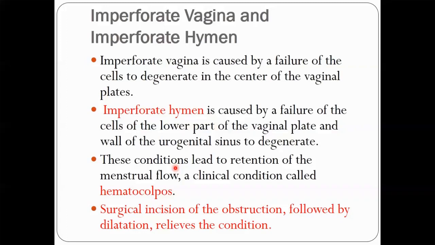Imperforate vagina and imperforate hymen are also of clinical importance in females approaching the age of puberty who have no menstrual cycle. These females complain of amenorrhea, meaning no menstrual blood at all. There could be causes of amenorrhea, but it may be very simple: menstrual blood is formed monthly and regularly and the cycle is present, but the hymen, the membrane at the lower part of the vaginal canal,